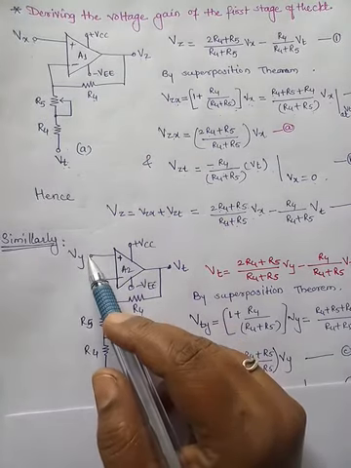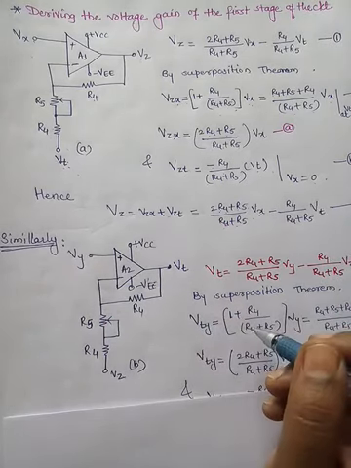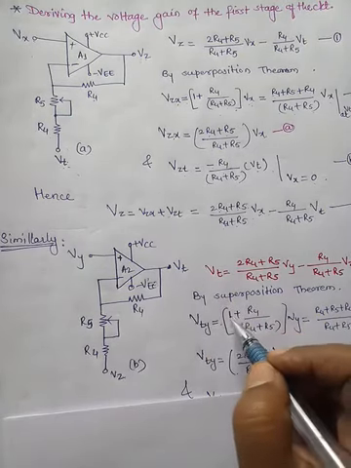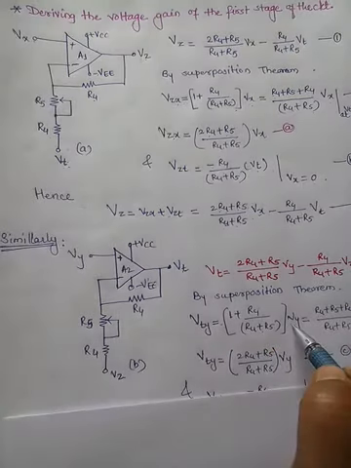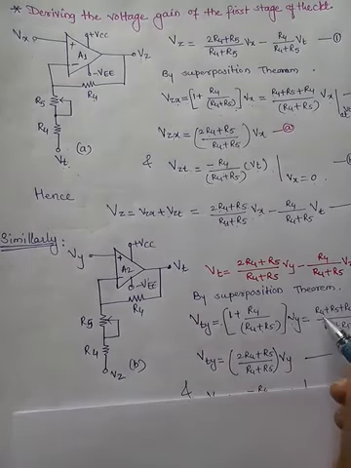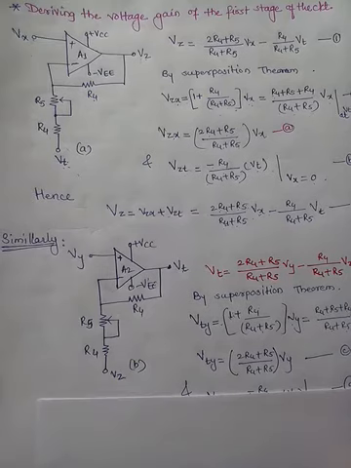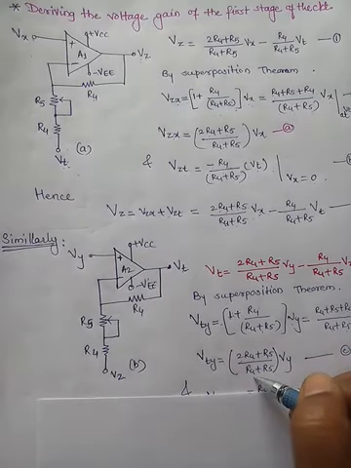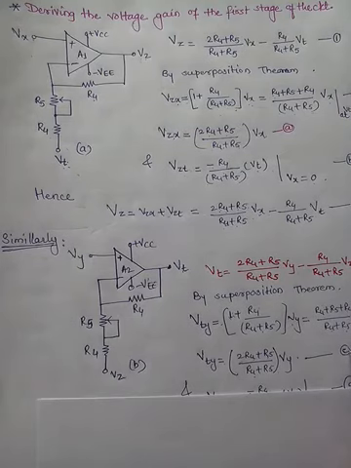If it is 0, only V of y is present. The op amp is in non-inverting configuration. Write the output voltage equation of non-inverting, which is output voltage Vt because of y is equal to 1 plus Rf by R1, where Rf is R4, R1 is R4 plus R5, into input signal V of y. So cross multiplying, we write R4 plus R5 plus R4 by R4 plus R5. The condition is Vz is equal to 0. So the Vt voltage because of y is twice of R4 plus R5 by R4 plus R5 into V of y. Okay, so this we got, make this one as equation C.